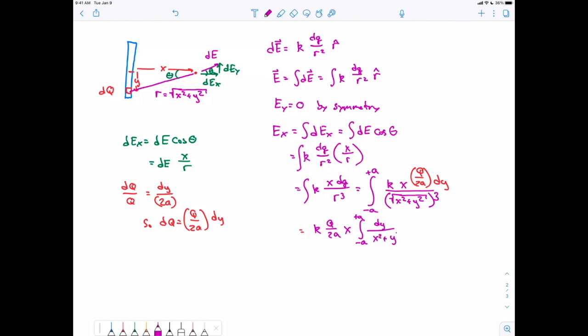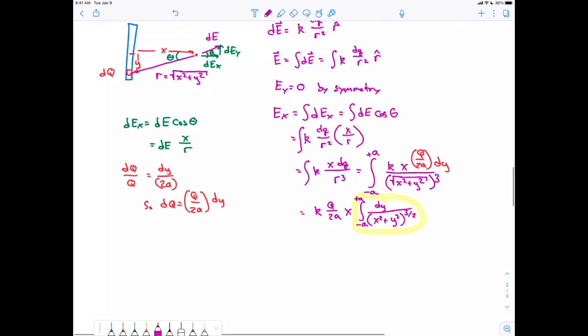And I'm going to write this slightly differently. The denominator I'm going to write as x squared plus y squared to the 3 halves, which is the same thing as square root of x squared plus y squared cubed. And the reason I do that is this integral, I can solve that using trig sub. It's another page of work. I'm going to skip that page, and I'm just going to quote the results that I can also look up. So a lot of these integrals are things you can just look up in an integral table. That's what I've done here. I'm going to use the fact that that integral equals,